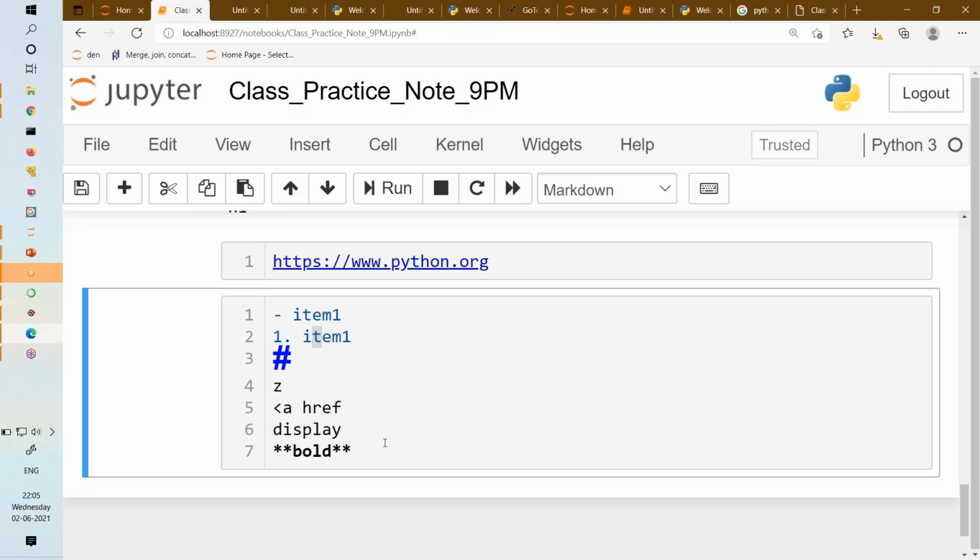For a header, if I press escape plus hash, it will directly go to the markdown option? Yes, escape hash means markdown. Mostly when we are coding, the mode will always be code mode, because we'll be writing Python code. If you type only hash, it will be a Python comment. So good practice is escape hash. It will first change the cell to markdown, and then hash means the first heading. If it is already in markdown mode, you can use only hash. Okay, thank you. No problem.